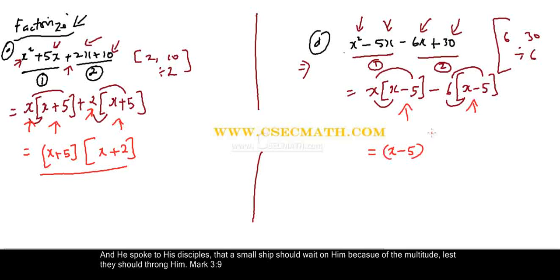So when I take x negative 5 as a factor, I am left with x in the first component followed by a negative sign and 6. So hence the